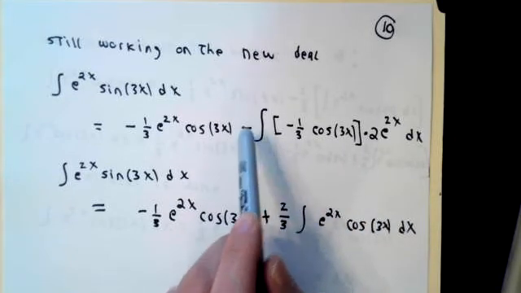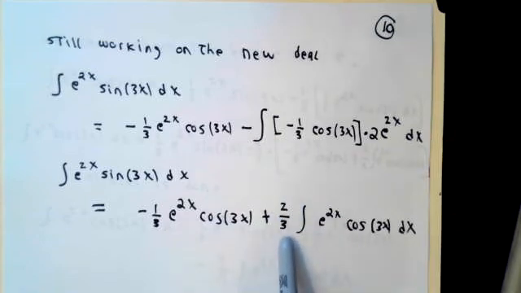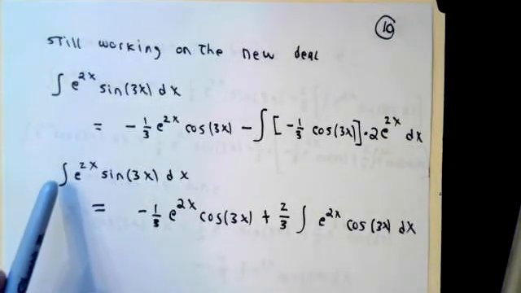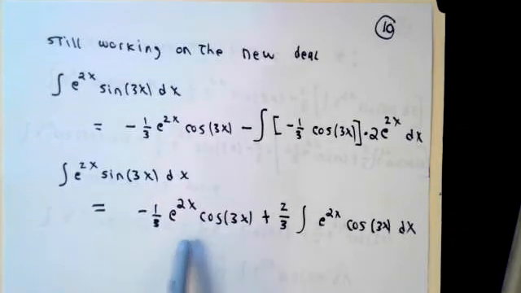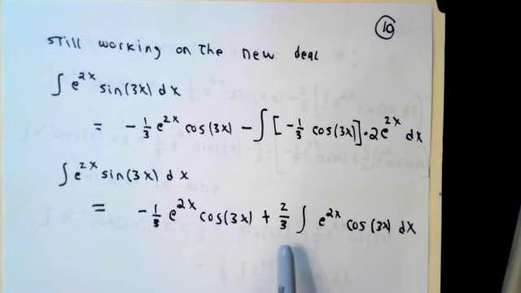Minus 2/3 is plus 2/3. So this new deal integral that we're trying to do, the integral of e to the 2x sine 3x dx, is a known quantity. There's no more calculus in that,